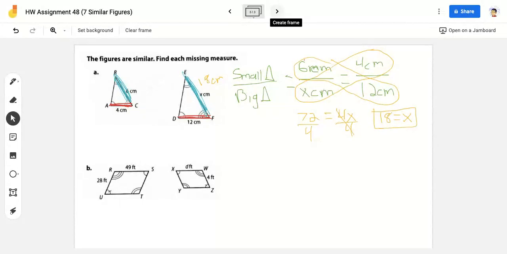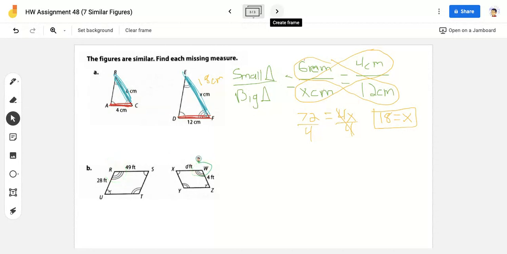All right. Let's do the same thing with this bottom shape. Remember, rewatch these videos if you need to, okay? Notice how my corresponding angles are not in similar locations. So notice that angle R, you would normally think that angle R would be corresponding to this angle right here. But notice the number of lines. So angle R does not correspond to angle X. Actually, angle R corresponds to angle